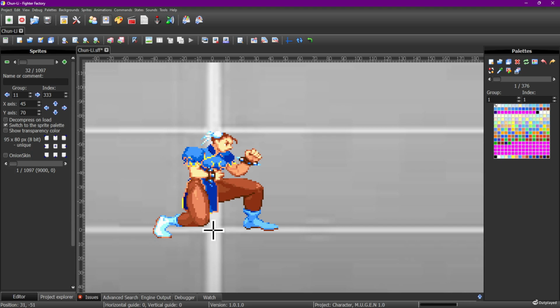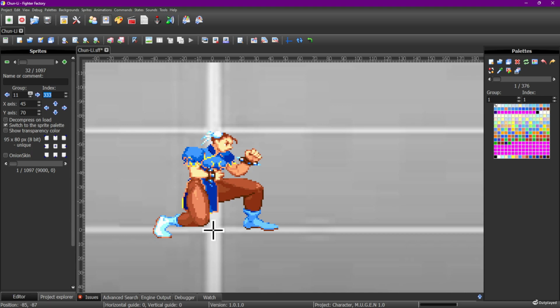The awesome thing, or the kicker here, is the fist should shift upward for this last frame too, which is really cool. Yeah, I like that. So it's actually showing movement with the fist. And another thing I could do here, I could actually shift her fist down too. Thinking here, one, two, three. Oh, I might have to do a fourth. Yeah, I might have to do a fourth frame.